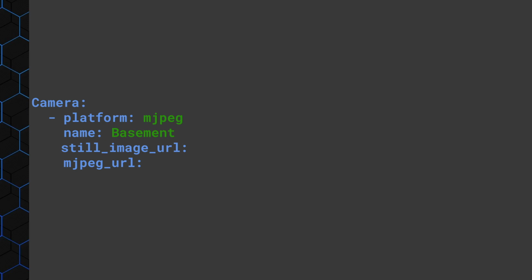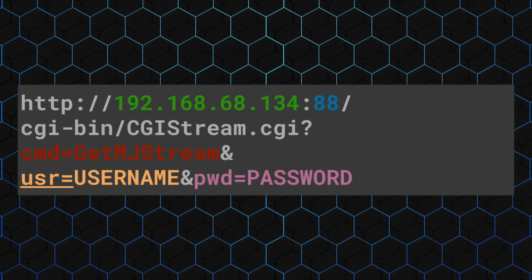Start by adding a new MJPEG camera and set both URL values to this. Now, this may seem a bit long, but I'll give you an example. It starts with http:// and then the camera's IP. This should be something like 192.168.68.134. Now, add a colon and then the port, which in my case is 88. After this, go